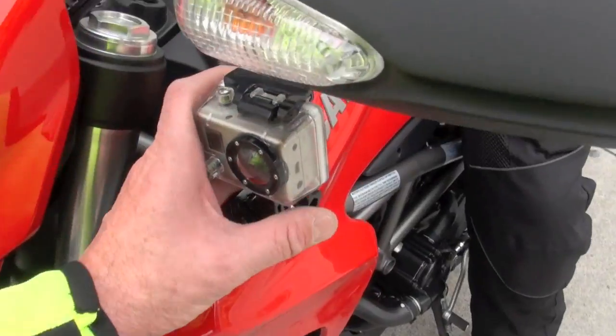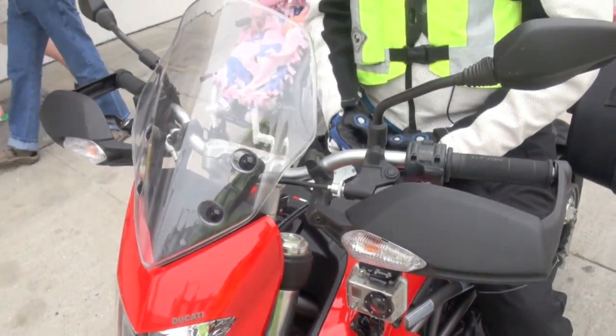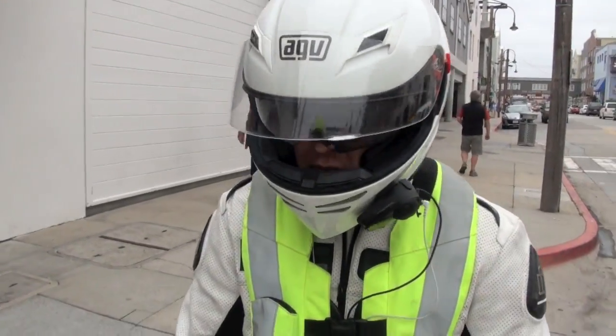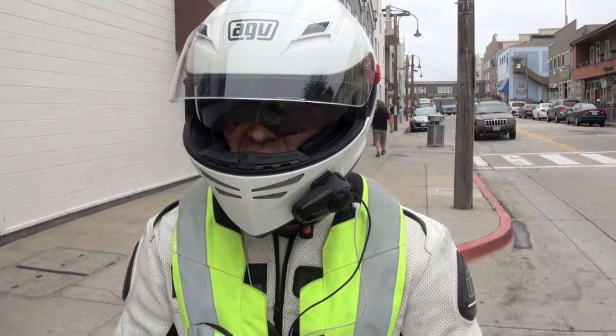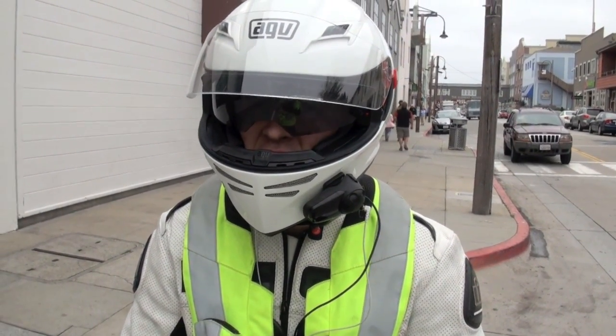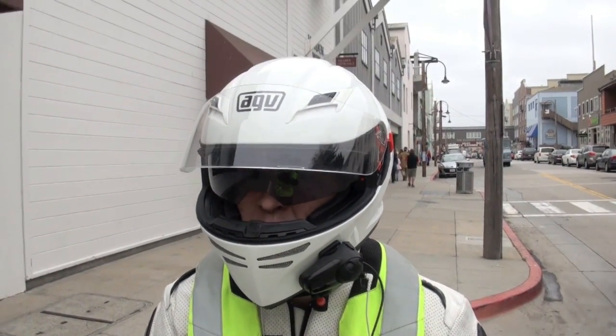Okay, so we got the GoPro mounted right there. We'll do our best to give you some footage. It is what it is. We're not going to stop a lot and get some drive-by footage. Maybe here or there, but it's such a pain in the butt. It's tough, and it's kind of a safety issue too, because on these 2-lane highways, when we dismount